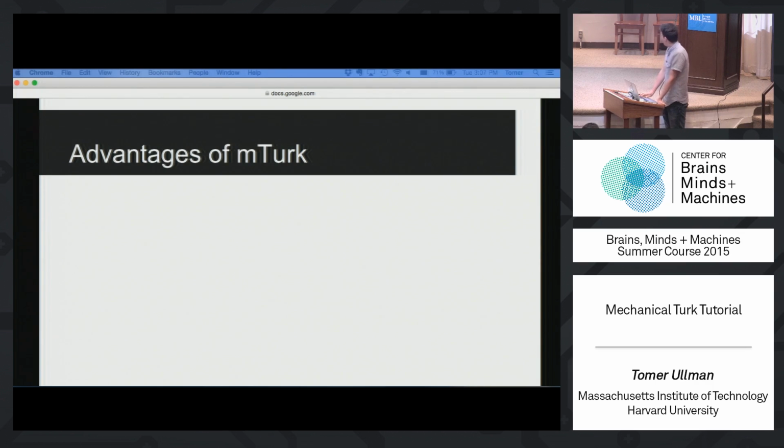Okay, some general advantages of Mechanical Turk, in case you guys have not been persuaded yet. You can run large-scale experiments. I started running this experiment on 100 people. That would have taken me a long time. It's a silly experiment, as Nori pointed out. It's not even exactly an experiment, but I wanted to check how people's responses compared to people in CBMM. First of all, I wouldn't do that in the lab. But even if I were to, getting 100 participants would take a long, long time.